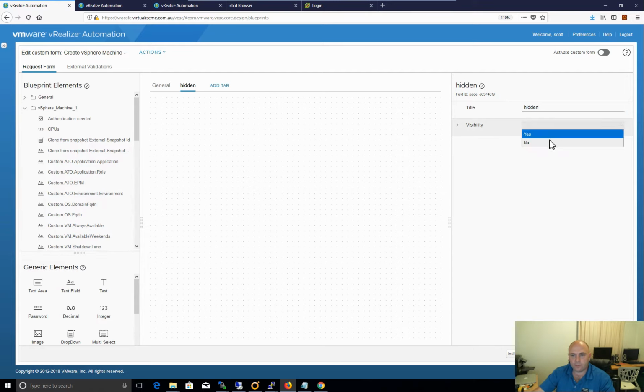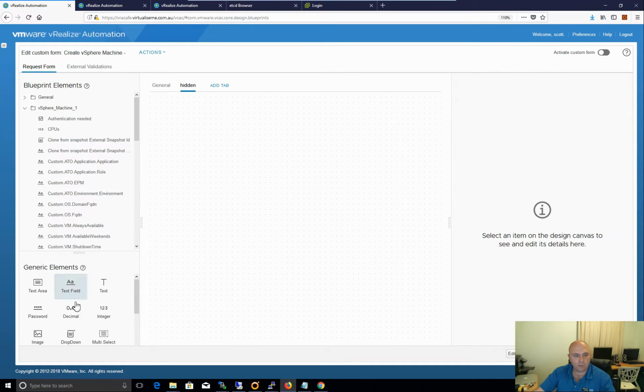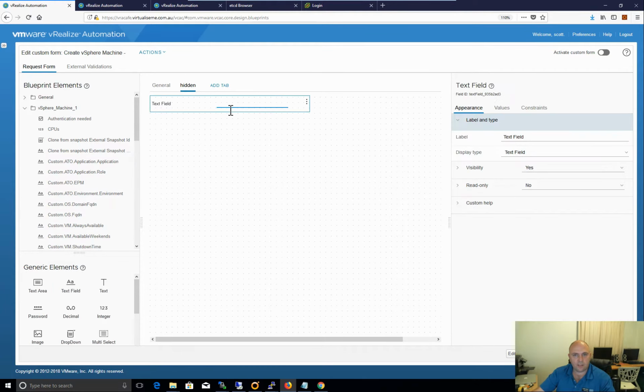And I'm going to set the visibility to no. Now what I want in here is etcd. So etcd is a key value store. Now I use that to store a lot of metadata for a lot of my provisioning. Makes it really fast, really helpful, all the rest of it. And I want the ability to have a production one and development one, so I don't mess up the data,